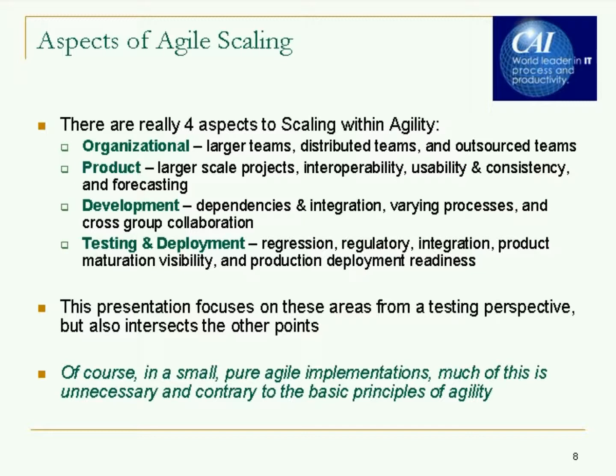So the outline for today is we're going to talk about agile scaling in Scrum, a little bit of an overview. We're going to dive into Scrum, and we're using Scrum kind of as the wrapper, but most of the agile methodologies have the notion of a product owner or customer, so I think some of that still applies in all of the methodologies. Next, we're going to talk about the role of the product owner in scaling, because from a testing point of view, we have a partner, and that's the product owner, and we can't go it alone. We have to partner with the product ownership or the customer or product engineering or product marketing organization in any scaling of Scrum or Agile.